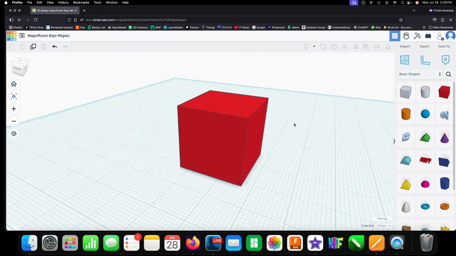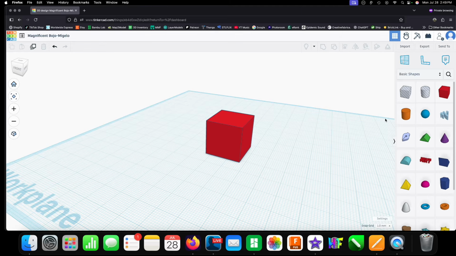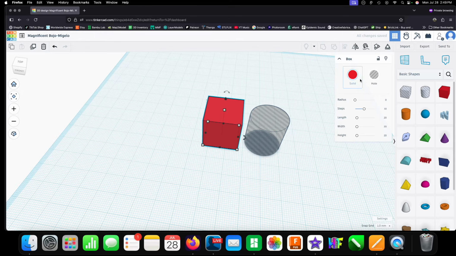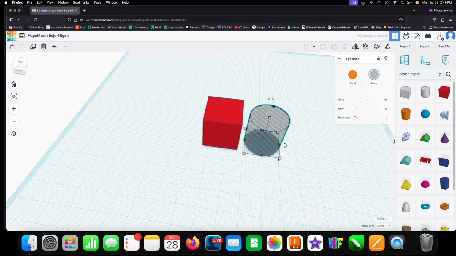All right, so now that we've got our cube here, we will add another shape to it. Let's give ourselves, these look different, don't they? I wonder what they do. These are called negative shapes. You can turn any shape into a negative shape by turning it into a hole here. So this one, you'll notice, is already set to a hole. If we make it solid, it turns into a solid shape. But if it stays a hole, and we make it a little bit smaller, we're going to slide it over into our